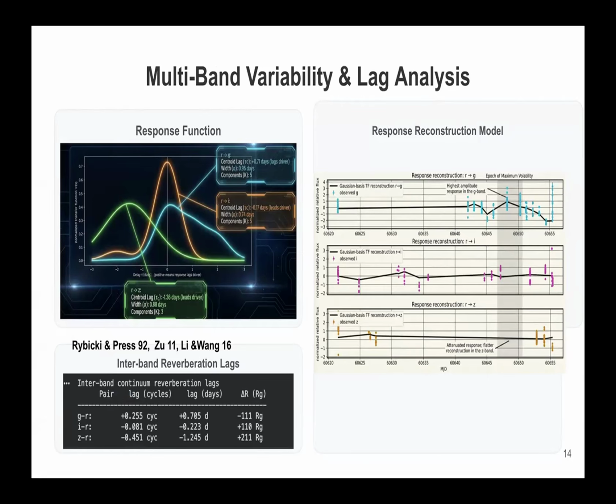And you can see on the left the inferred transfer functions. The Z transfer function is wider. It looks like it has some contamination from the broad line region. On the right, you can see the solid black line, how we actually